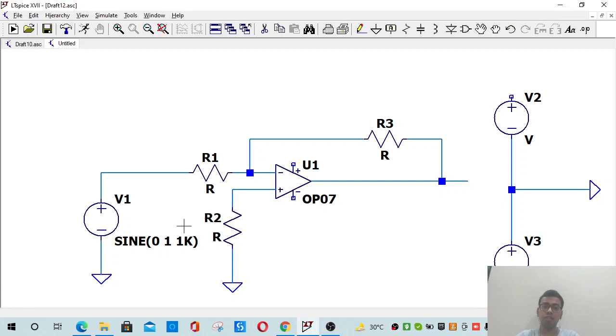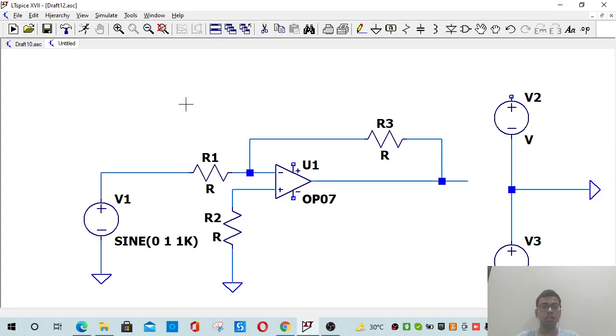So now, once this sine wave enters the inverting terminal, what will happen is the inverting amplifier at the output will give a 180-degree out of phase wave. Yeah, so that's what the inverting amplifier does. Whatever the sine wave we give, the output will be exactly 180 degrees out of phase. We would be definitely checking it through the output graph.